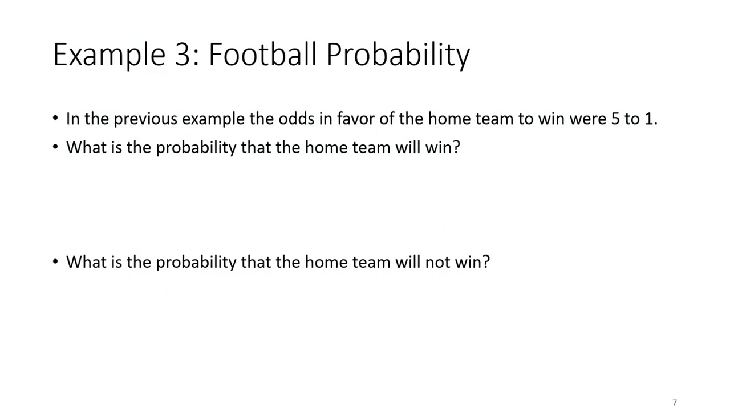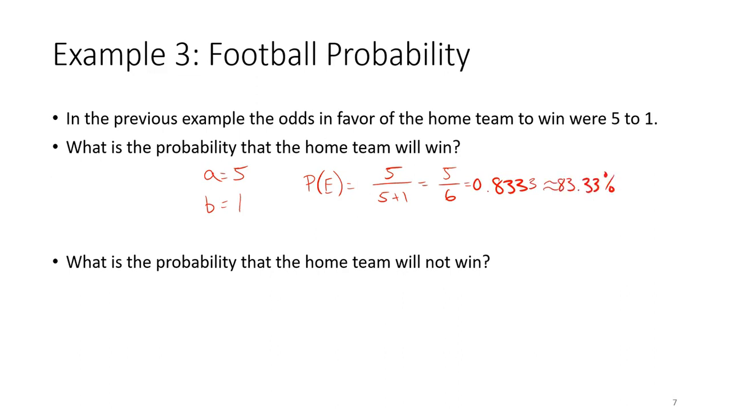So in the previous example, the odds in favor of the home team winning were 5-1. What's the probability that the home team will win? Well, A are the favorable outcomes, which is 5. B are the unfavorable outcomes. The probability that the home team will win is 5 over 5 plus 1, which is 5 over 6, which is equal to 0.8333, or about